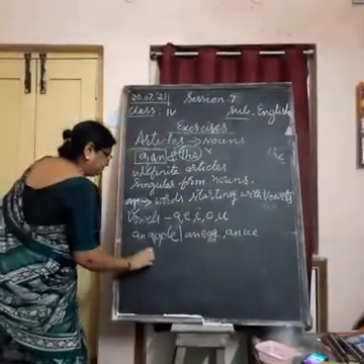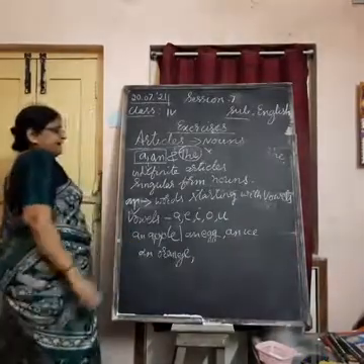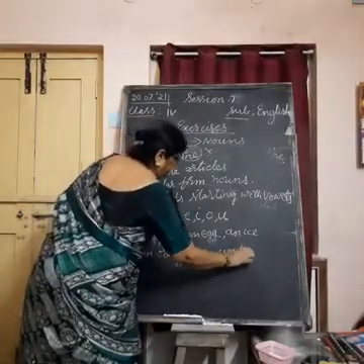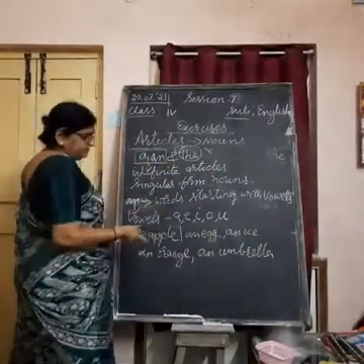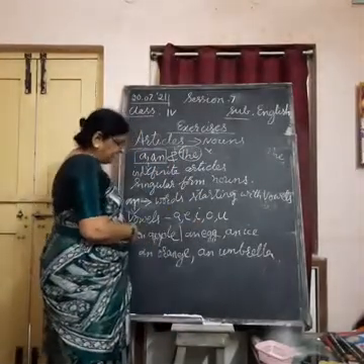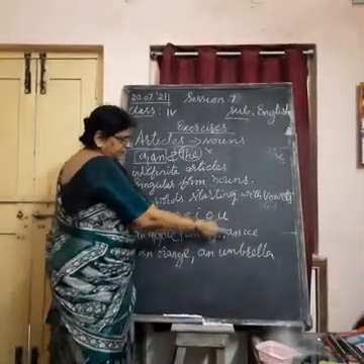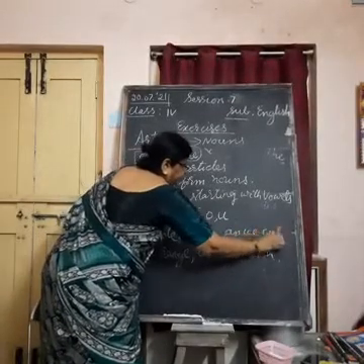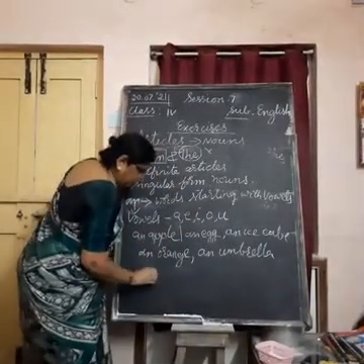An orange. An umbrella. So this way we have covered all the words which begin with these 5 vowels. With A, we wrote an apple. With E, we wrote an egg. With I, an ice cube. With O, an orange, an owl.